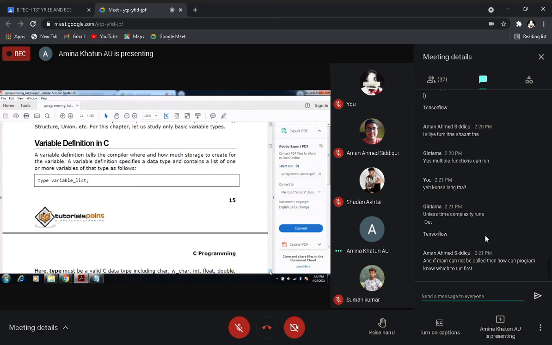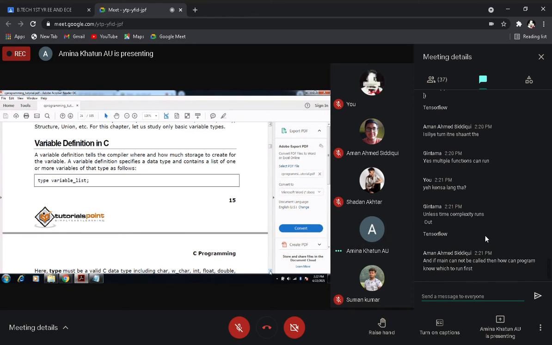Now, how to define a variable and how to use it. When you are defining a variable, it tells the compiler where and how much storage to create for that variable. Depending upon the type, that memory area will be created.